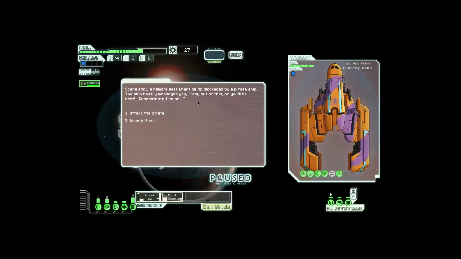Scans show a remote settlement being blockaded by a pirate ship. The ship hastily messaged you, stay out of this or you'll be next. Concentrate fire on...